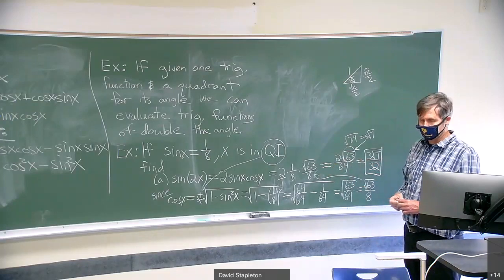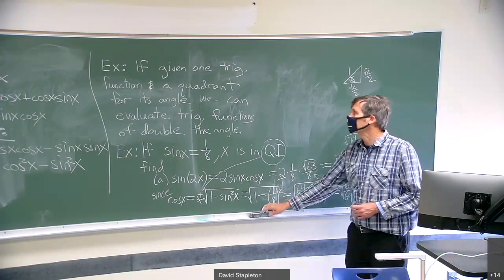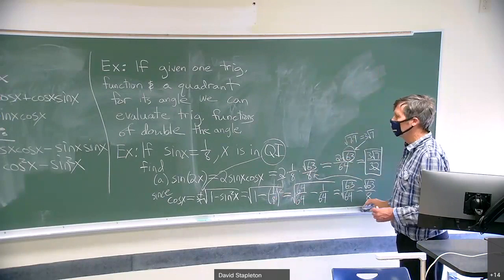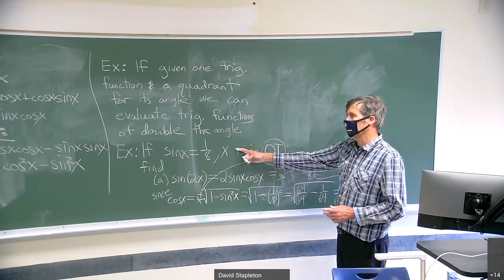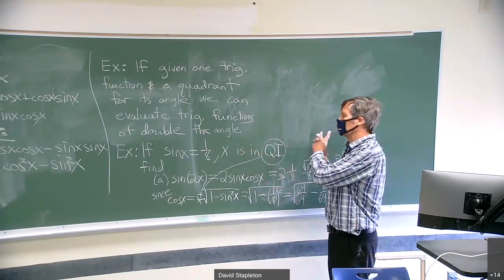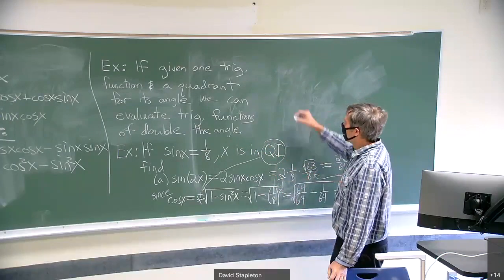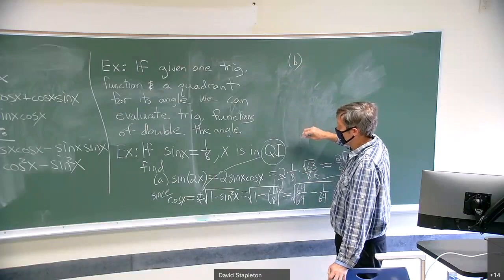Any questions on that one? You want to be able to do this, given a trig function in a quadrant, or a trig function and the sign of another unrelated trig function that will tell you the quadrant. Sometimes that's done. You want to be able to find any trig function of a double angle. For instance, now,